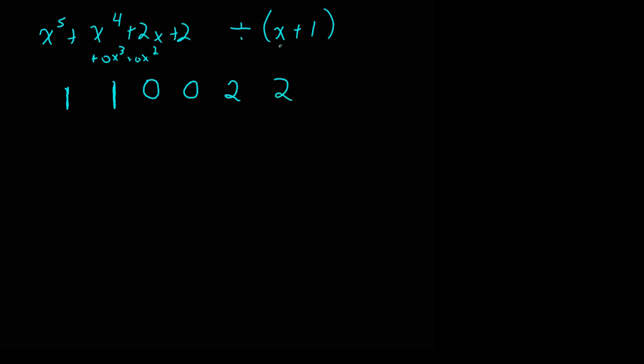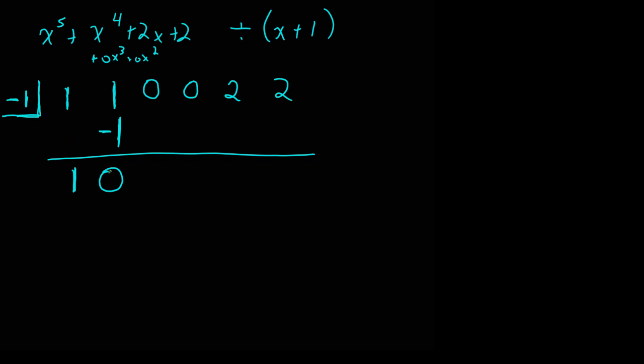Now off to the left, I'm going to write my k term, but my k term is -1. Remember to watch your signs with these. You'll see why as we look at roots and zeros shortly. So I bring down my first term and I multiply. -1 times 1 is -1. I add this column